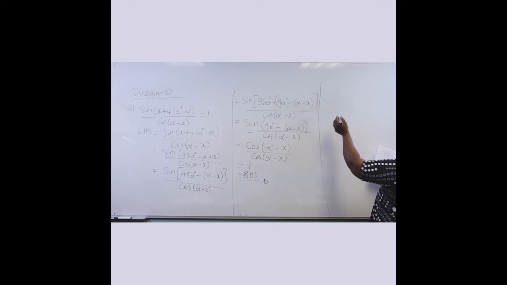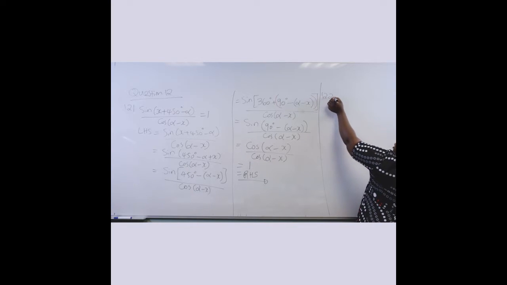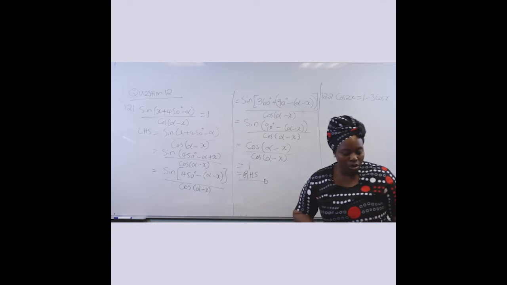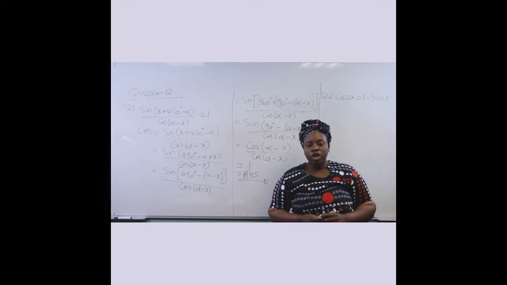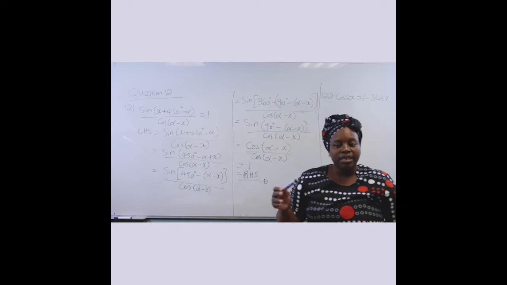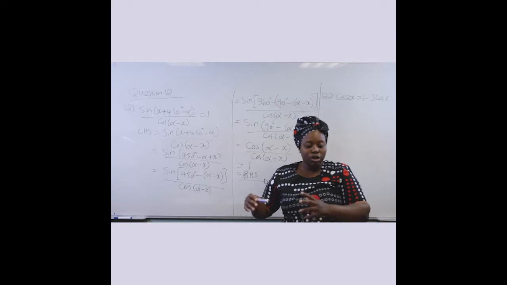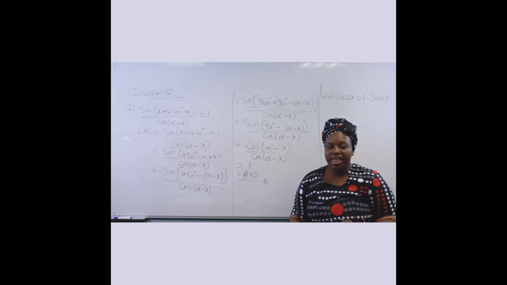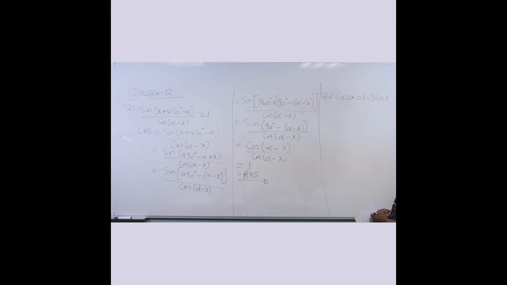So this one is 12.2, and we are doing the general form. They say determine the general solution of cos 2x equals 1 minus 3 cos x. Folks, they're all cos. There's cos x there, but there's cos 2x. So it means we have to change the cos 2x and make it something that has to do with x, because 2x is not the same as x. You need to go to your formula sheet and find out what cos 2x in terms of cos can be. And that will be